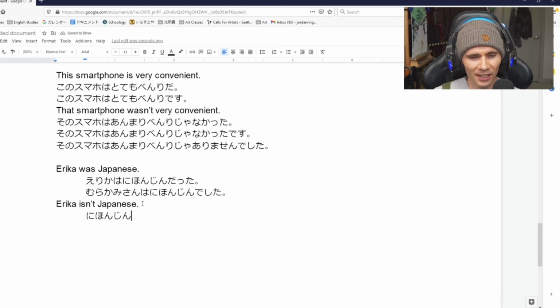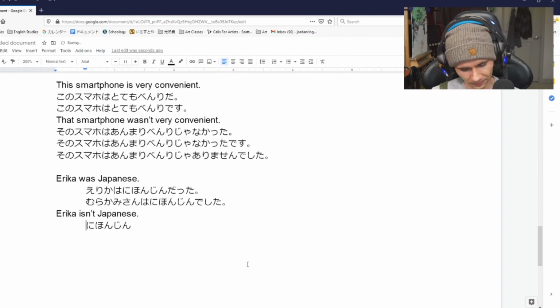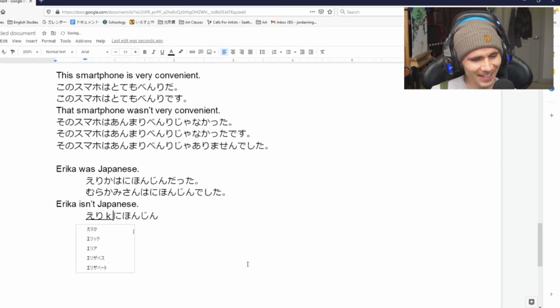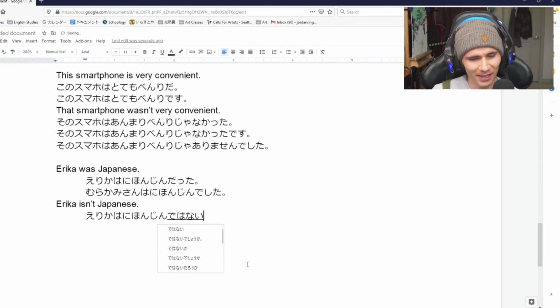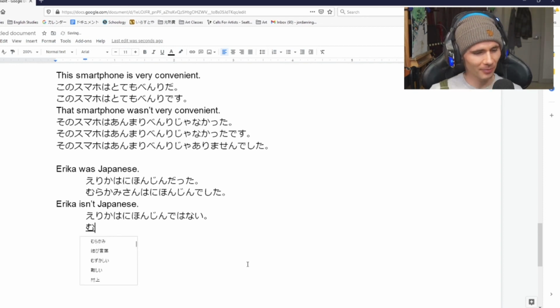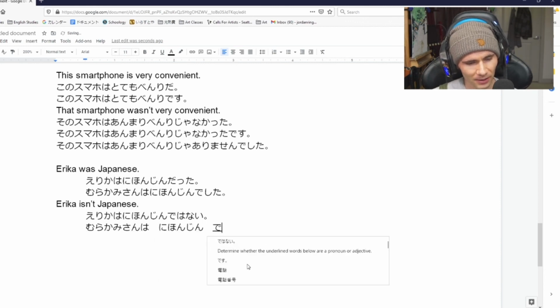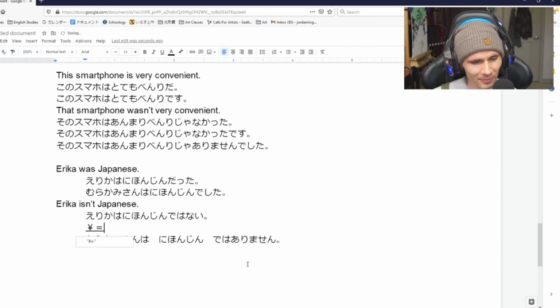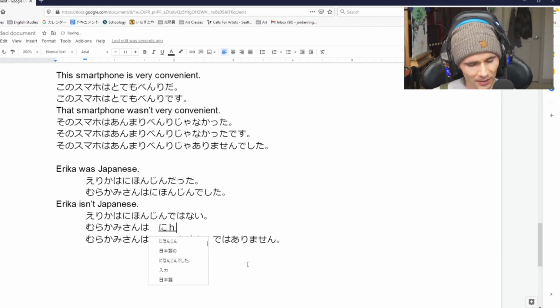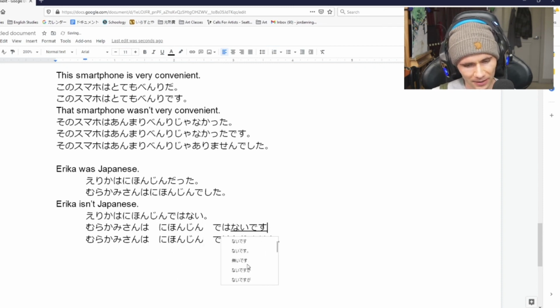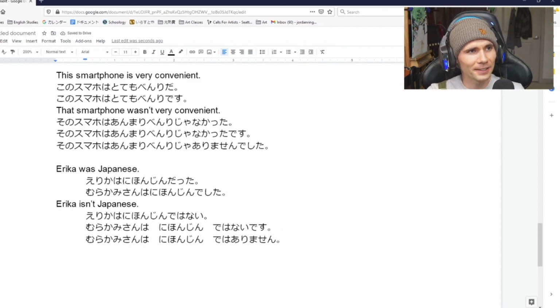Okay, Erika isn't Japanese in short form would be, one way we could say it. Well, we used the ja nakata, we used the ja version up here. So this time we'll use dewa. We'll give you a little bit of variety. So Erika, エリカは日本人ではない。Erica isn't Japanese. And now, in polite Japanese long form, that would be Murakami-san. No kanji de. Murakami-san wa 日本人ではありません。And then that in between version would be 村上さんは日本人ではないです。